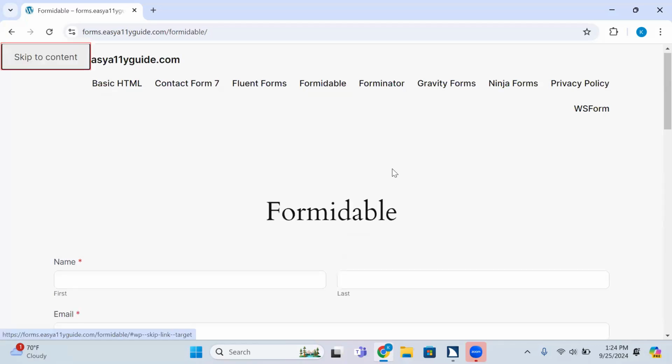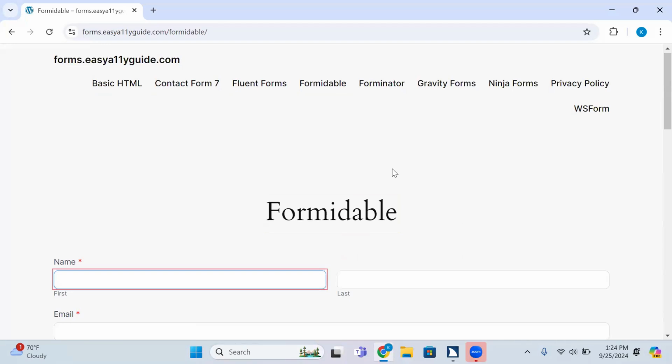Yep. Skip to content. Same. Formidable. Main region. Contact us group. Name edit required. Blank. Type in text. So it's telling you that this is the name field, but there's a visual label that says first that goes with this field. But you can't see it. It's also below the field, which means that if you have an autocomplete set up, the autocomplete would cover the label.